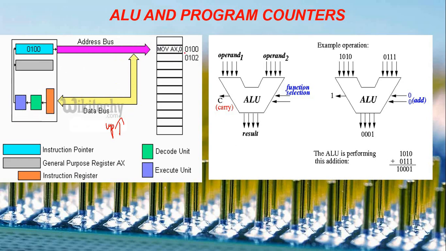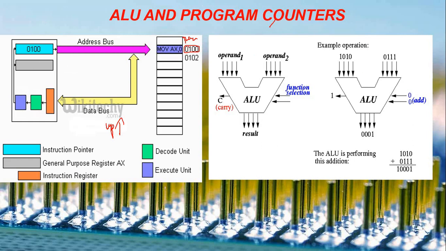See, here 0110 is the address, the first address. So what will this program counter do? It will first take the instruction, or first take the address, from where? From RAM memory it will take. Okay, because in random access memory only we can read as well as write the data. So from random access memory only it will take the data.